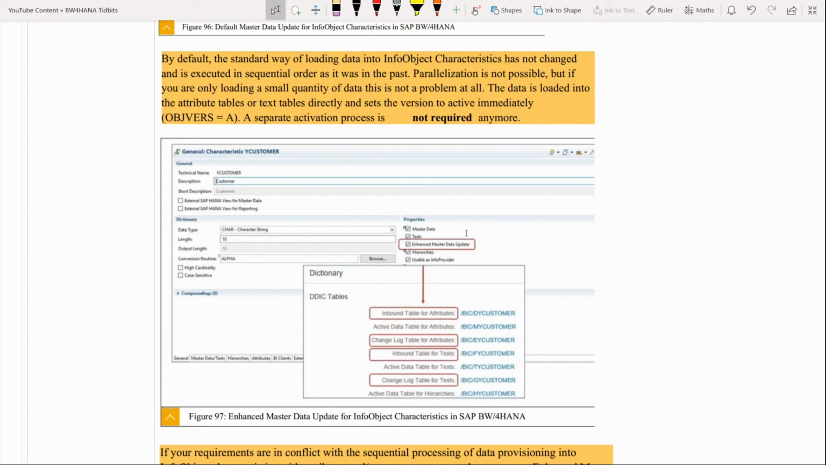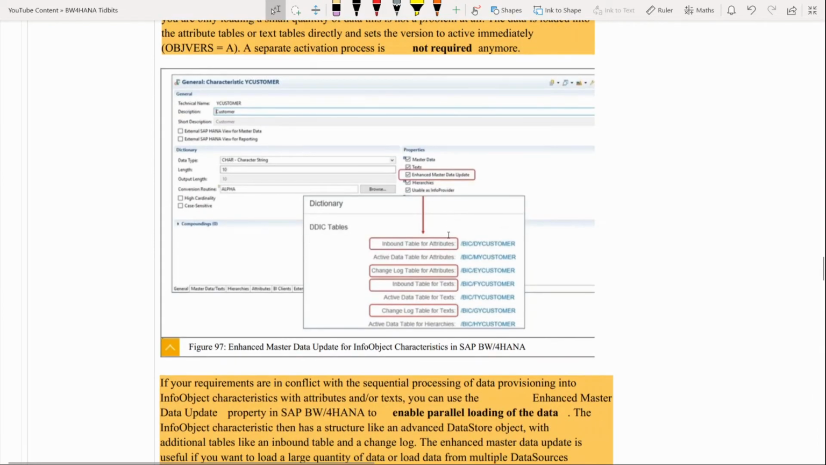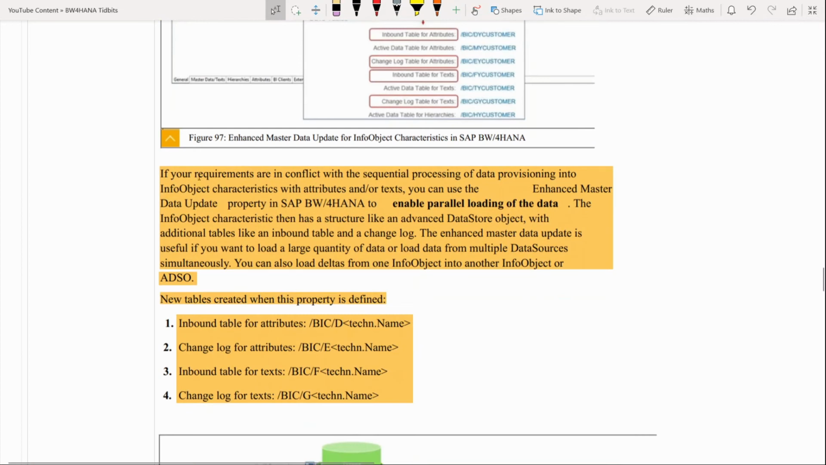Please note that the enhanced MD update is not supported for hierarchies. So once you check that checkbox, these 4 additional tables get generated. And if the requirement is not for sequential processing, then you can use the enhanced master data property to enable parallel loading. The info object characteristic then has a structure like ADSO, which we just discussed, with additional tables on